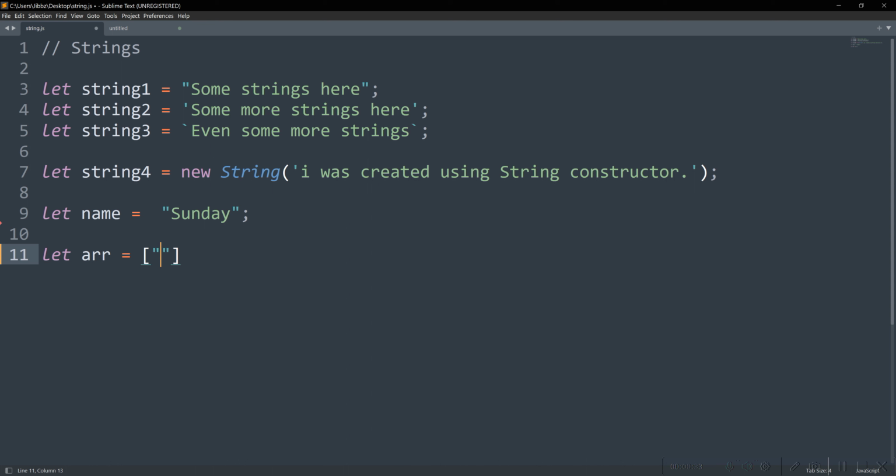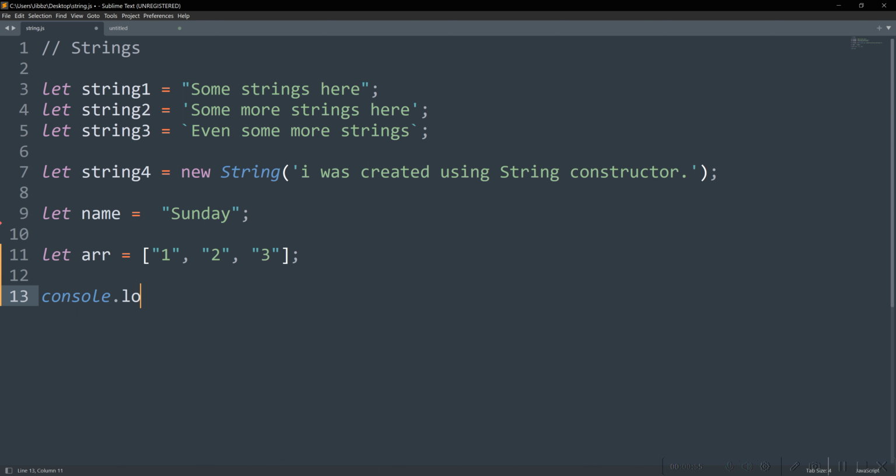Okay, and let me just put some text in it. Let me say 1, 2, just make it 3. So all right. So if I do this in an array, to access that value,